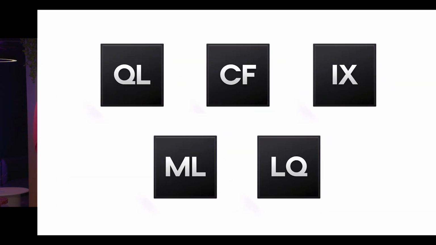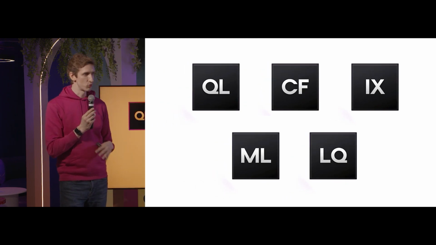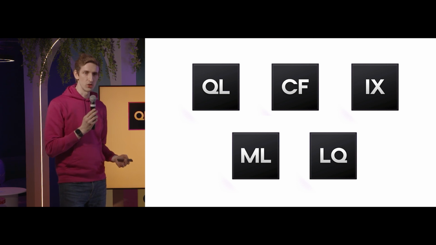So effectively, QL stands for our query language. This is an SQL-like query language that takes a lot of inspiration from MySQL or Postgres, so traditional SQL, but then goes beyond that, and it introduces graph concepts, time series concepts, and a completely different way of working with record IDs. So a record ID in SerilDB is effectively a way to get a specific record from the underlying database, whether that's in a particular table or a foreign table, or whether it's a range of tables. With SerilDB, you can do this in a really efficient way without having to use a single index. And so that opens up the possibilities of what you can do with the query language.